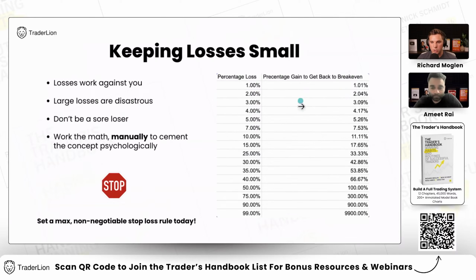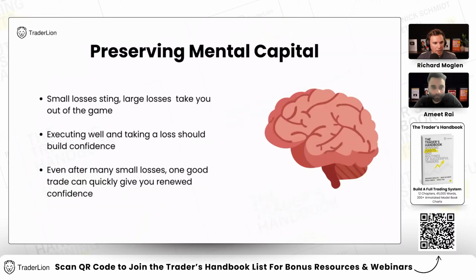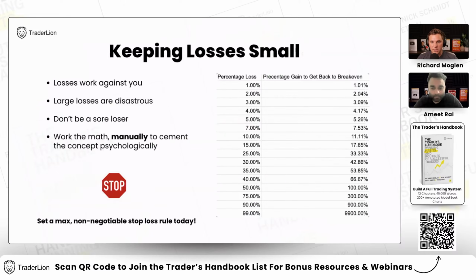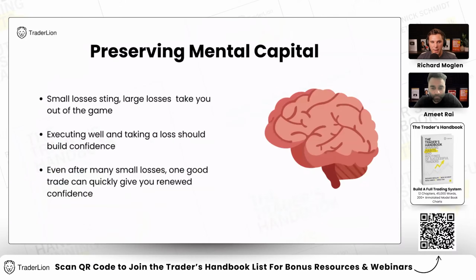So this is a really important chart, and if you haven't seen this before, take a screenshot of this and think it through. The key point is the bigger your loss gets, the more you have to make back, by quite a bit, just to get back to where you were and to break even. And the flip side, this is the financial component to it. You have to work a lot harder to make it back, but taking small losses is also mentally an easier thing to do. Small losses do sting. I won't say that small losses are fun, but large losses are devastating and really hurt your confidence, which is a huge part of trading.